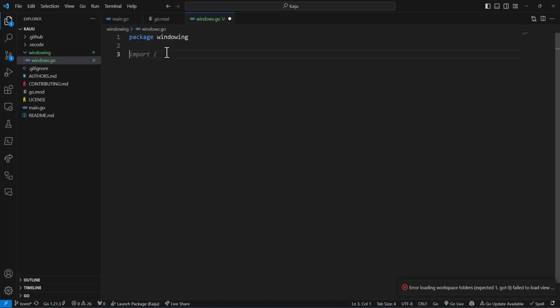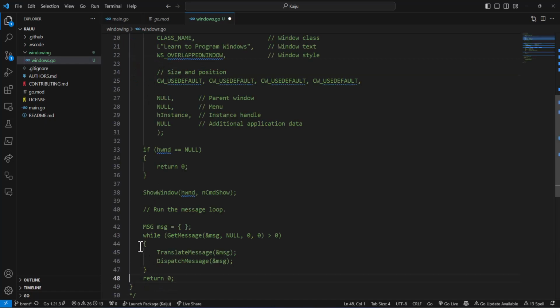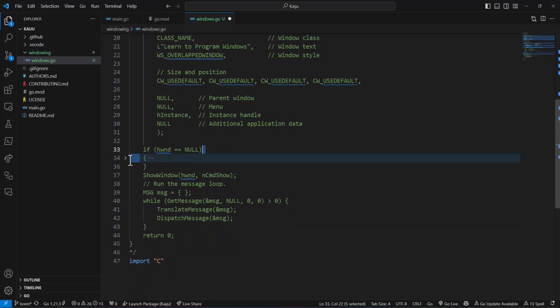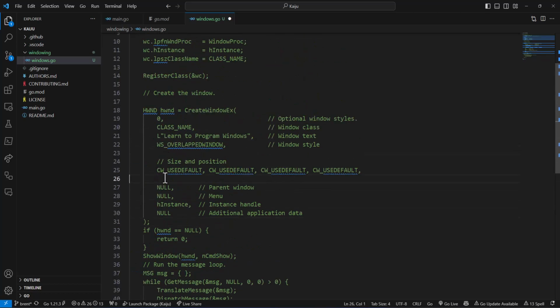we'll have package windowing, and that code is C code, so we're going to have an import C here, and I'm going to paste that code. But first, I'm going to name it something like window main. Void main, and paste that code. I'm going to format this so that it's a little more in line with what I expect with Go. Not perfect, but